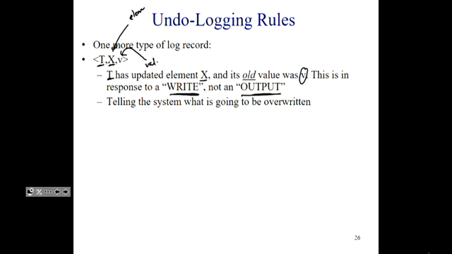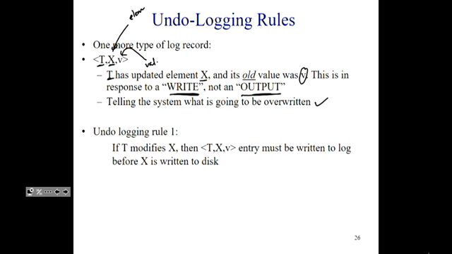So essentially what you're telling the system is, hey, I am going to modify X. So you're telling the system what is going to be overwritten. And the old value, just in case you need to recover from it, is V. Okay? All right. So there are two rules for undo logging, and it's super important that you understand these